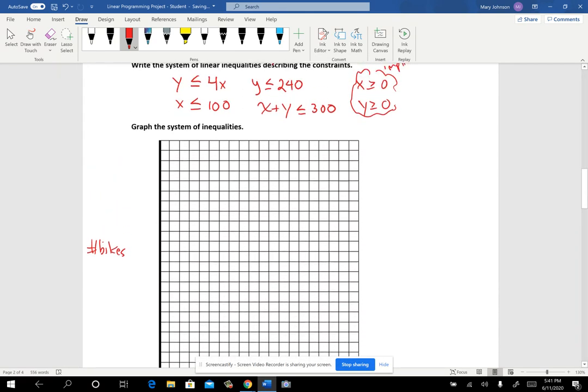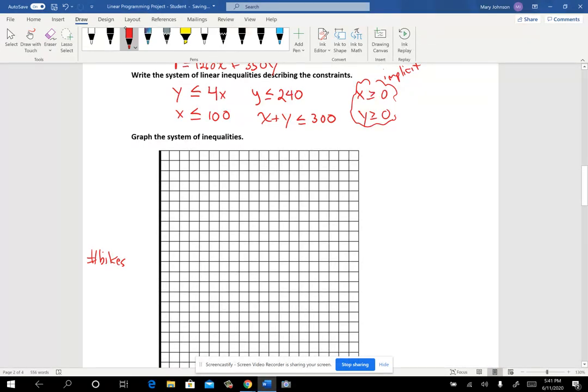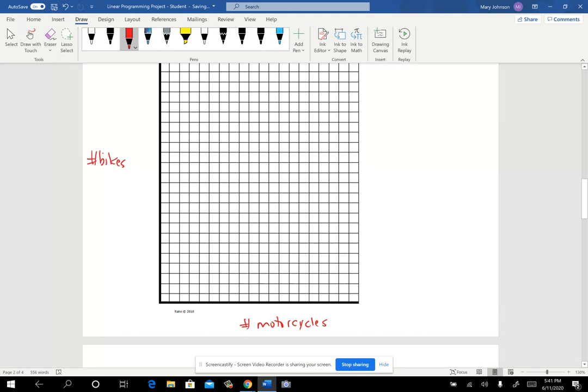So I need to get up to around 300, it looks like, potentially. So I'm just going to count here, see what I can do. So that's 1, 2, 3, 4, 5, 100, 200. I could probably do